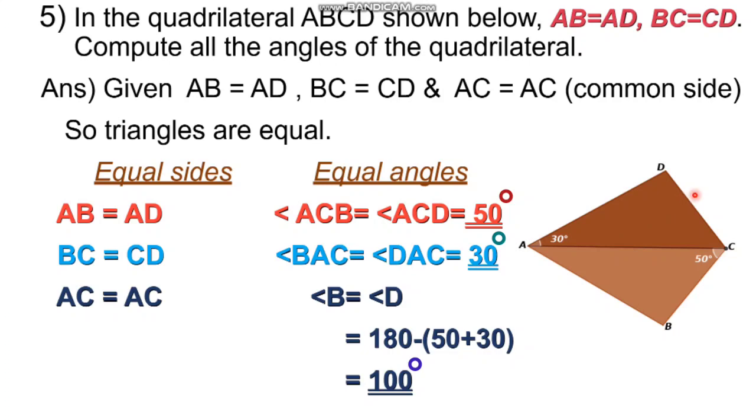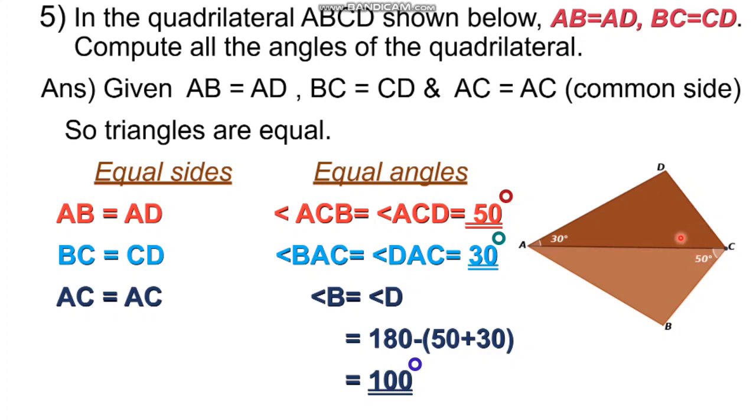Now the second one, BC and CD are the equal sides. So opposite of BC and CD are, look at, angle BAC. Angle BAC, this angle. This angle is opposite of BC. And opposite of CD is this 30 degree angle. They are equal. That means this angle and below this angle. These two are equal. 30, 30. Okay. It is written here. Angle BAC is equal to angle DAC, and it is 30 degree. Now look at, we got these two angles 30, 30, and here 50 and 50.